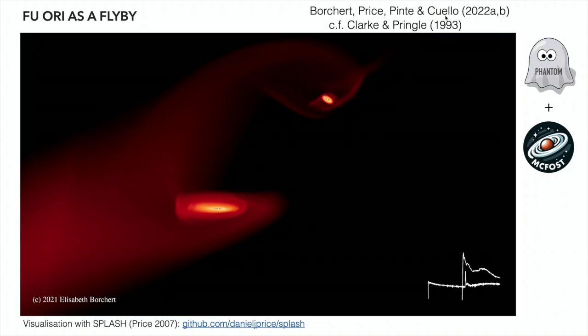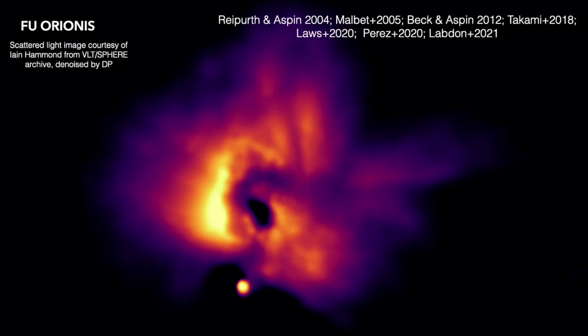But what did we do? Well, the secondary got a huge grab of material and it went into outburst very fast. So we puzzled over this. We thought we'd made it do the wrong thing, because that one got into outburst, but the primary hasn't changed at all. Then we went and looked a bit more carefully at the observation. This is FUor, this is what it looks like in scattered light. The primary star, which is the one in outburst, is here. First of all, what's this thing?